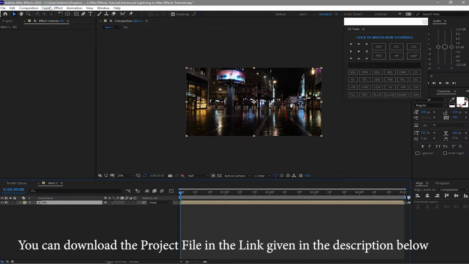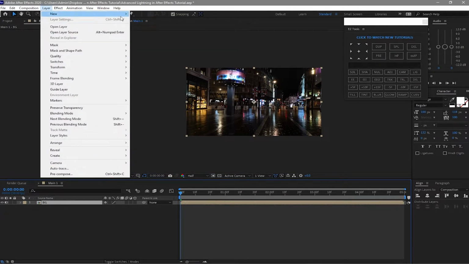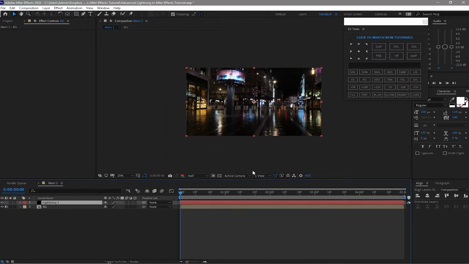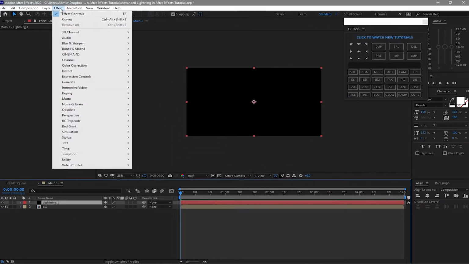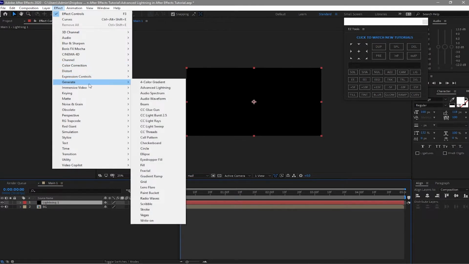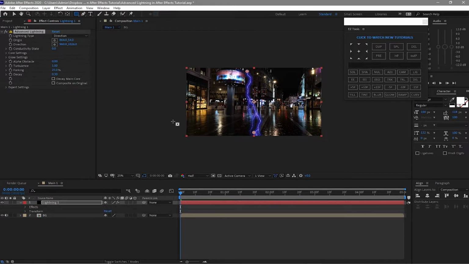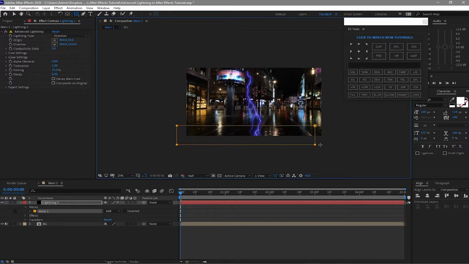And then I will go to layer and create a new solid, and I will name it lightning 1. 1920 by 1080, same, and click OK. On this layer I will go to effects and presets, go to generate and advanced lightning. So now you can see that there is a lightning here. All I have to do is grab the shape tool and create a mask just below where the ground is sitting,